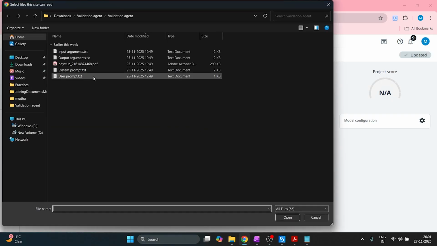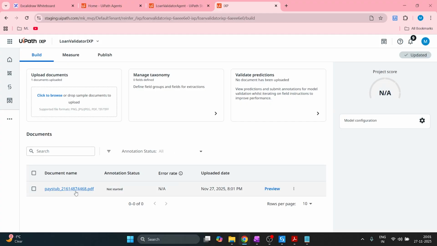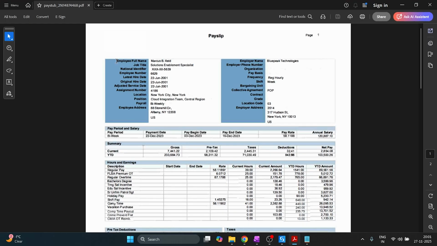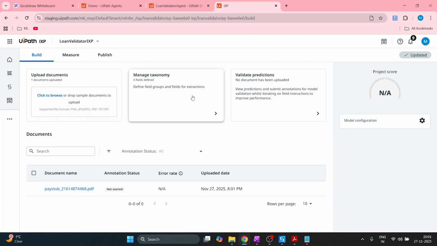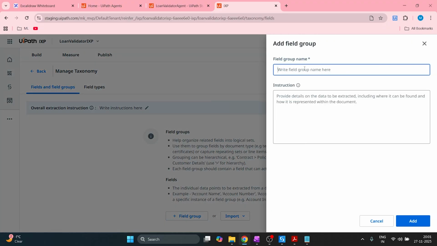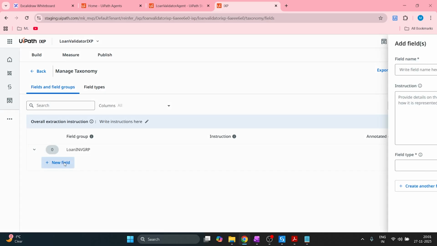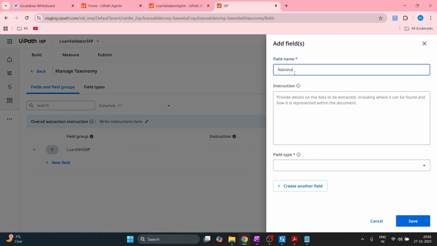So upload our document. Our document is uploaded. As I mentioned before, we will try a sample. We'll just extract the employee full name and then national identifier. So I'll create taxonomy for these two fields, create a field group, name it loan INV GRP, click on add. And then for this field group, I'm adding two fields, national ID